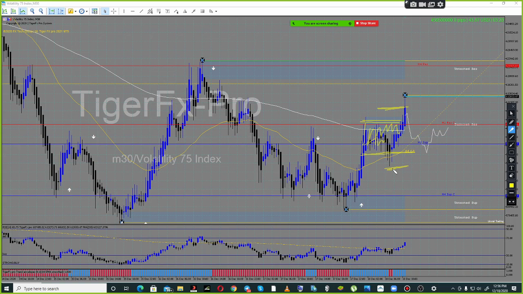So pending orders are okay, but sometimes the market can create what we call a liquidity pool. Like what happened here. It will activate your pending order for a sell and then continue to go up. That's a liquidity pool, because it triggered those pending orders and then changed direction.